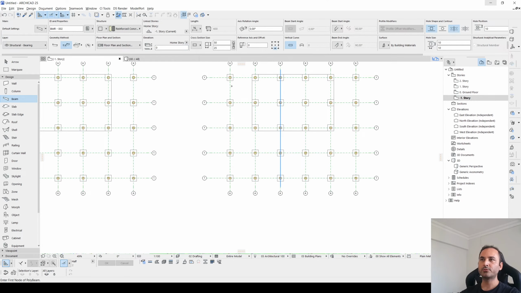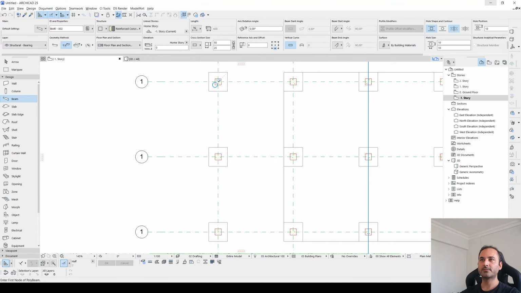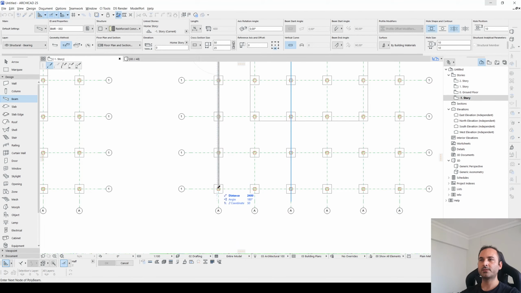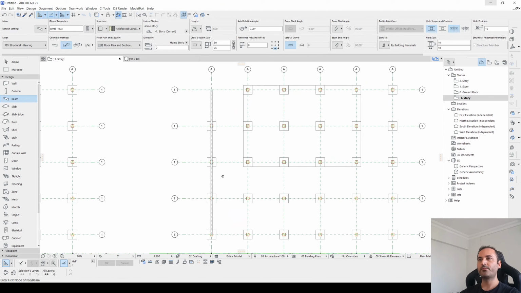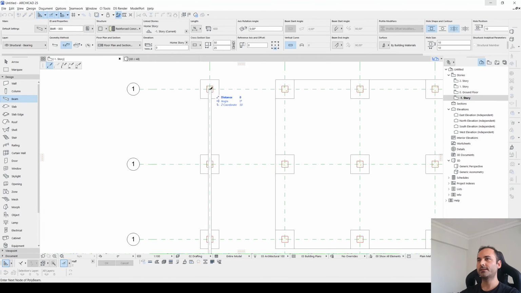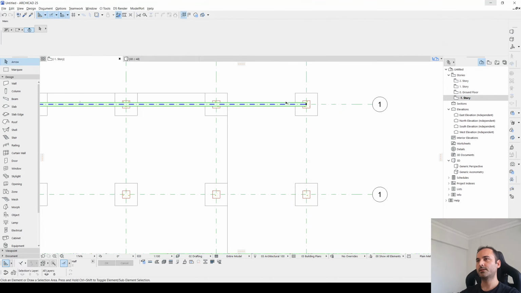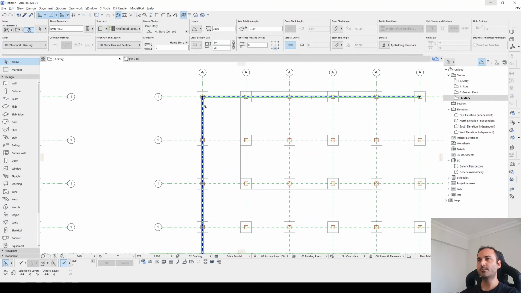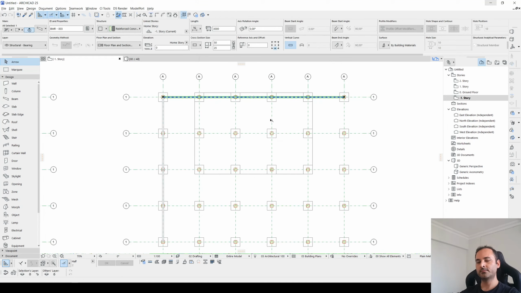Now we are ready to start placing our continuous footings from here to here, from here to here. Let's select them both, or this one.